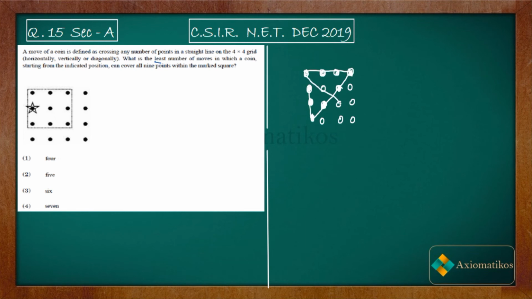So now I will go diagonally down. So how many lines have I used? I have used 1 line, 2, 3, and 4. So this is how we can solve this problem. We got a sequence of moves, and in this sequence the number of moves is equal to 4. Are you getting my point?